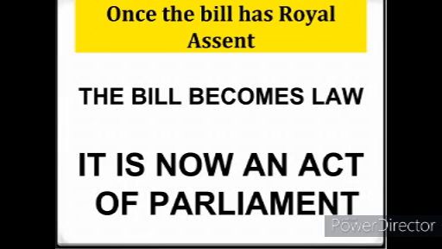People sometimes ask, can the monarch refuse to give Royal Assent to a bill? So can a monarch prevent a bill becoming law when it has been passed by both Houses of Parliament? And it's a really interesting question. The last time the Royal Assent was refused was by Queen Anne, and it was something like the Scottish Militia Act. That was the last time it was refused, but it was actually